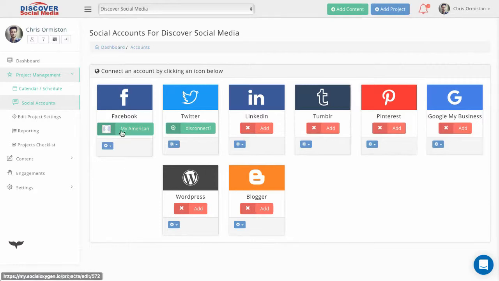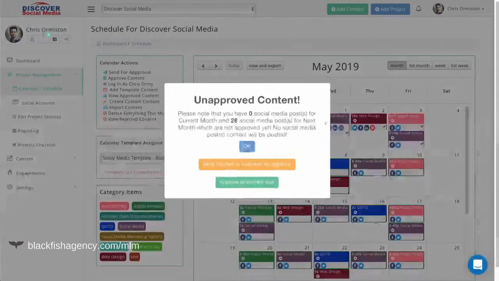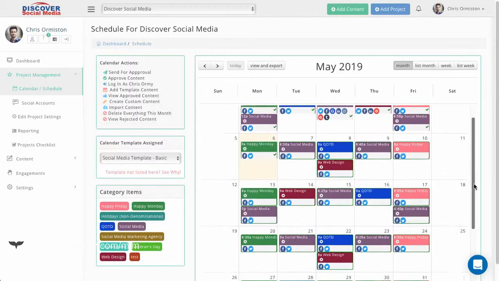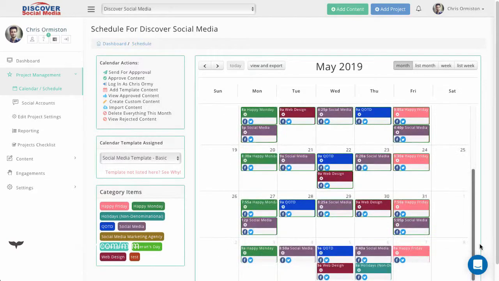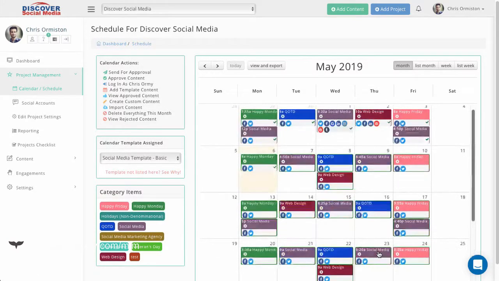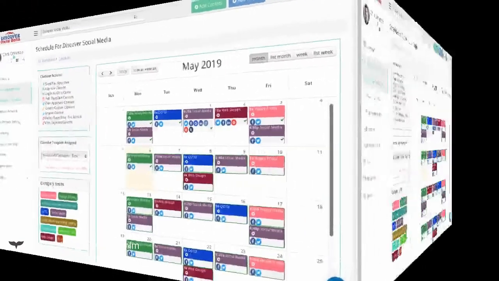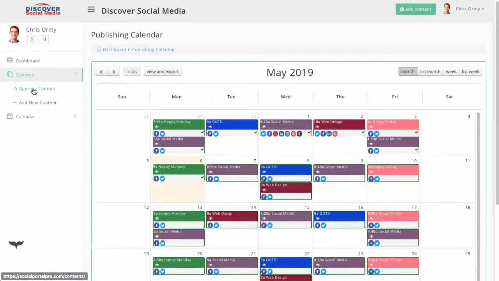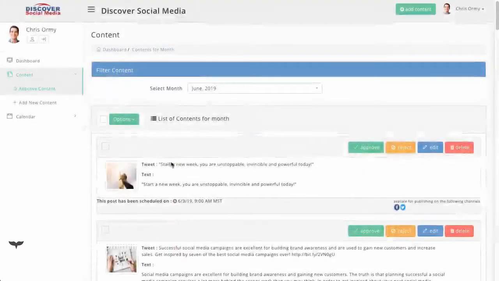Because when we have the calendar that's set up, let me show you what a calendar looks like. Now this calendar is right there. It's telling us that we have content in here that needs to be approved by the customer. And so you can see that everything is set up based on the template that we just saw. Now what the customer sees over here is this right here. In fact, let me go back to when they first go into the system, it puts them right into this window right here because we know that they have content out there that has not been approved yet.